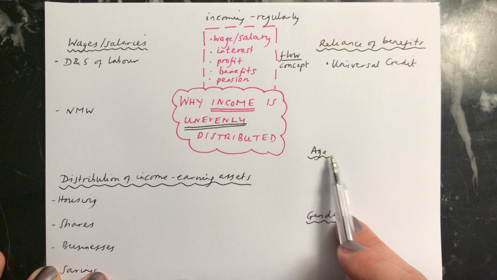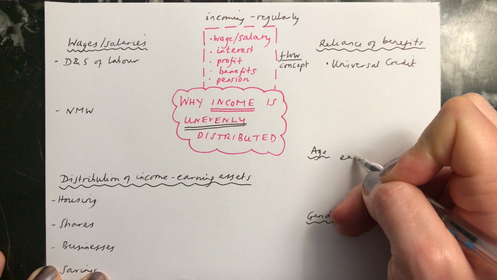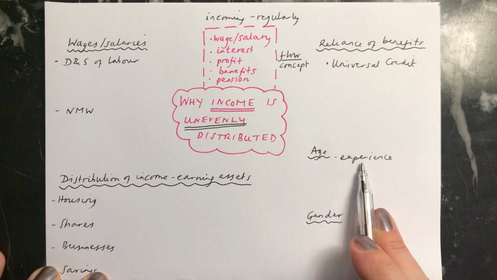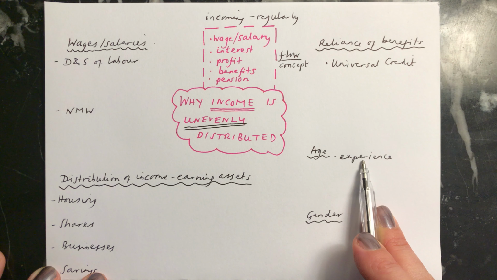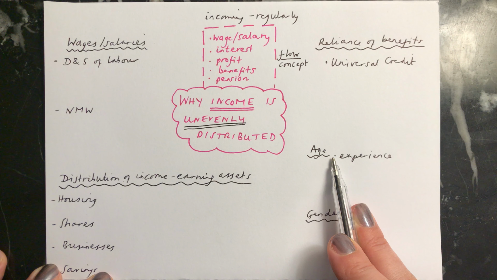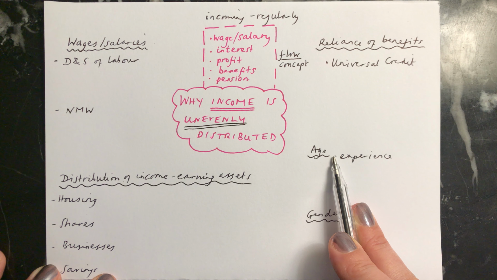The next one is your age, because depending on the experience that you have in the work that you're doing, this will affect usually how much businesses are willing to pay you. And therefore, if you're younger, you're unlikely to be paid as much money as somebody who's older and has a lot of experience. You could also say that there may be discrimination on grounds of age, and a business may not want to pay somebody as much as somebody else due to their age, and this would be illegal, but it does still happen.